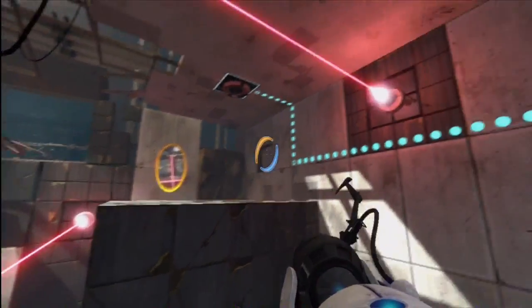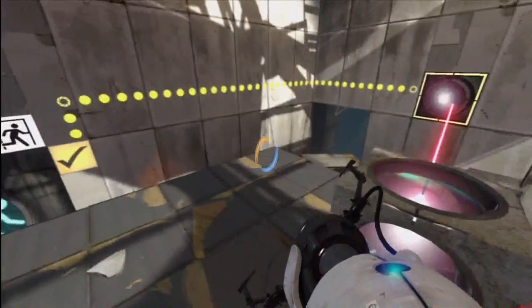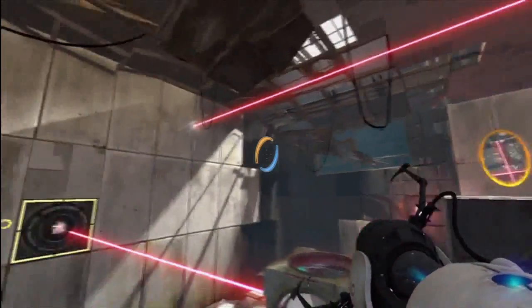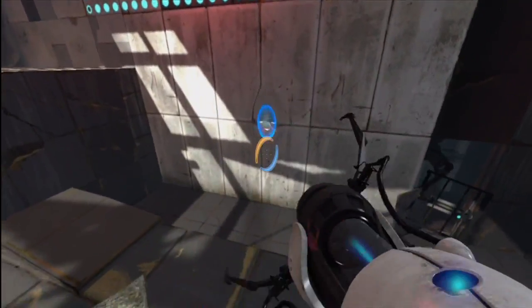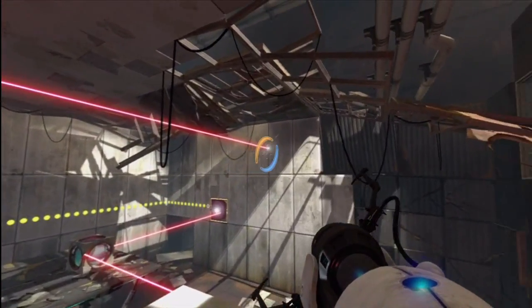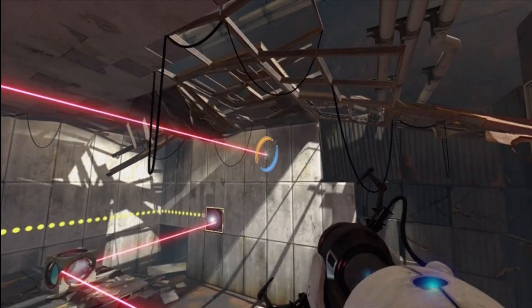The next thing we want to do is use a portal to redirect the second laser into the second target. To do that, we want to aim a portal into the wall and jump it back into the same left-hand platform that we were in earlier. Then shoot a portal right to where the laser is pointing, and then a second shot,